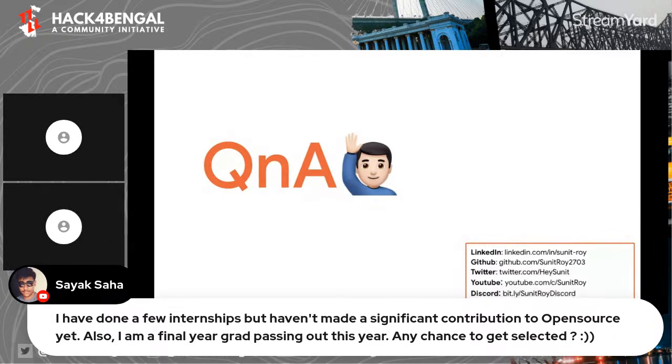So, Sayak, earlier GSoC was limited to university students, but now everyone can participate. Even if you have been working for 5-6 years and you want to contribute to GSoC, you are welcome. And if you have already done some internships, this will look really good on you, and it will really establish your expertise on a specific tech stack.